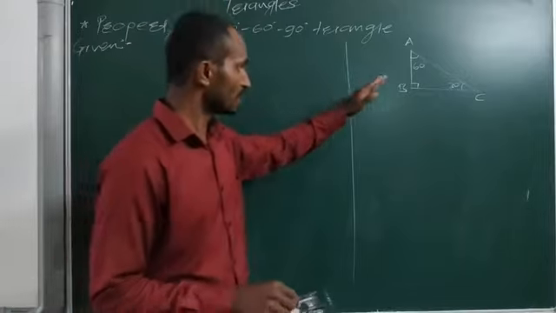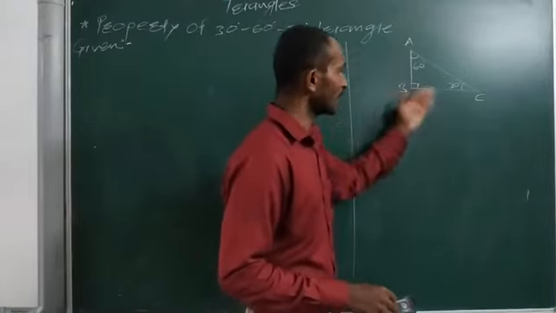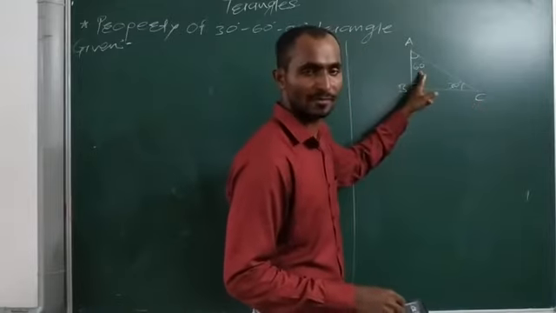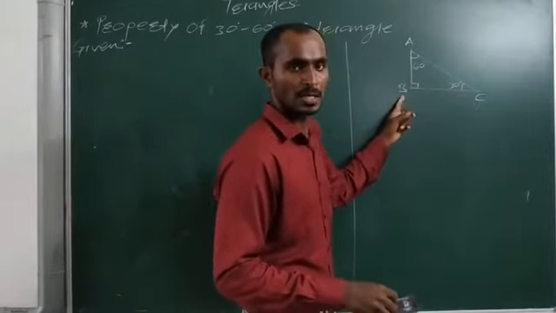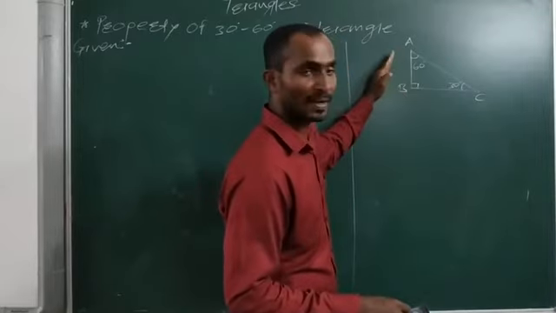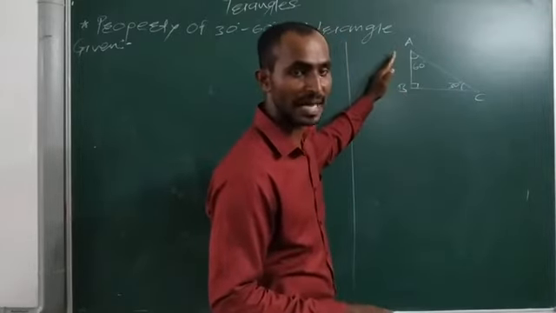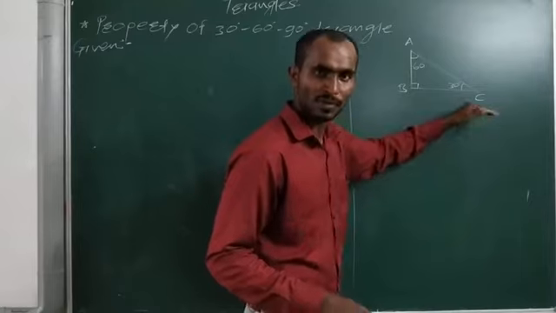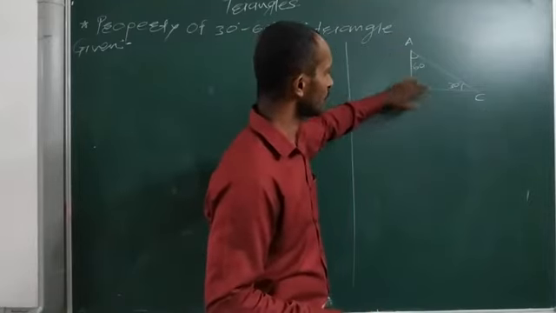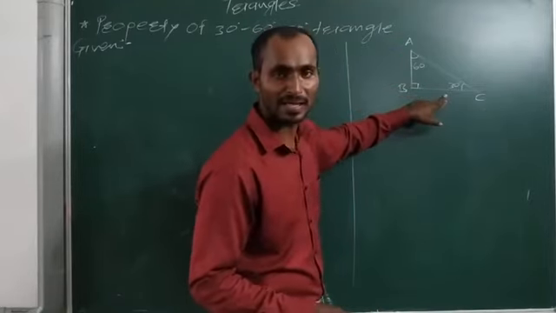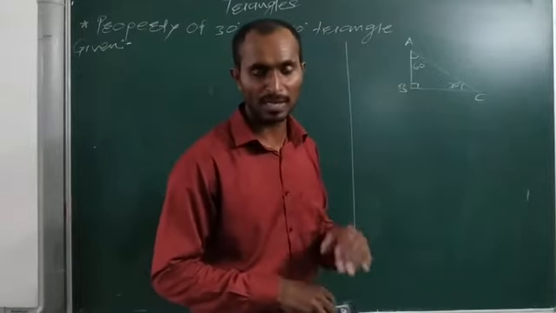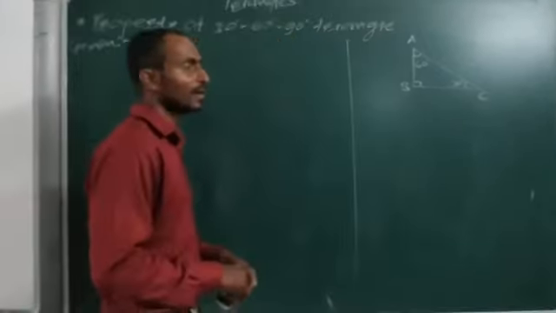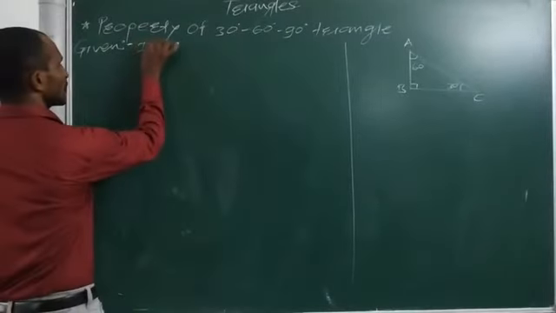So in this figure you can observe here in triangle ABC, angle A equal to 60 degrees, angle C equal to 30 degrees and angle B equal to 90 degrees. So we have to prove that side AB, which is opposite to 30 degree angle, is half of the hypotenuse AC, and side BC, opposite to the angle 60 degree, is root 3 by 2 times of the hypotenuse AC. तो ये हमें प्रूव करना है। चलिए यहाँ पे पहले गिवन लिखते हैं।